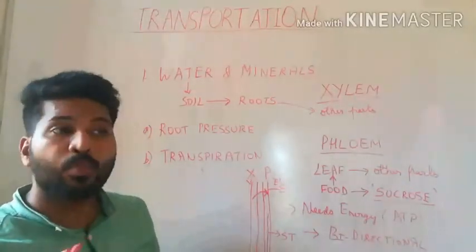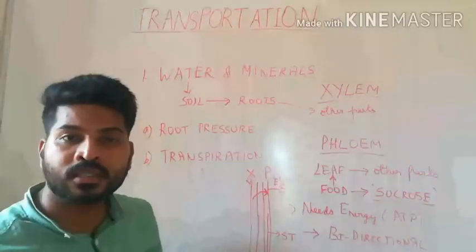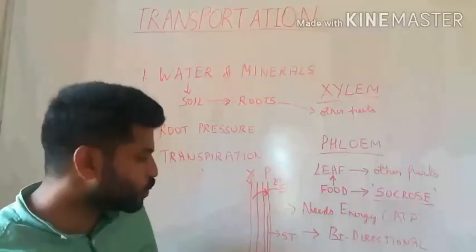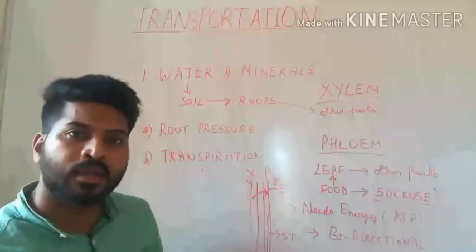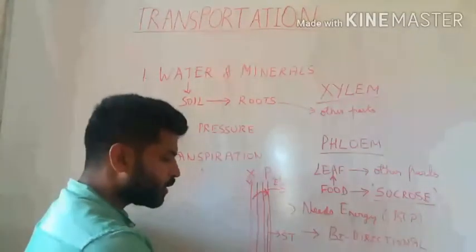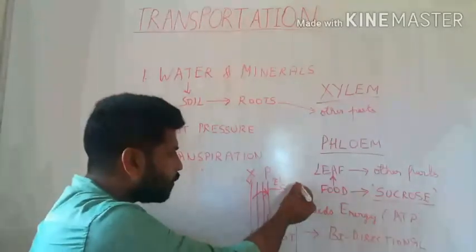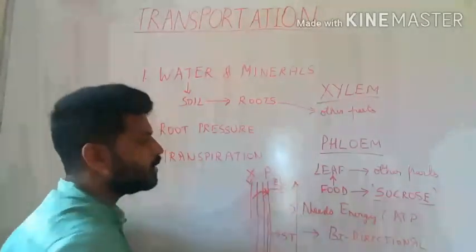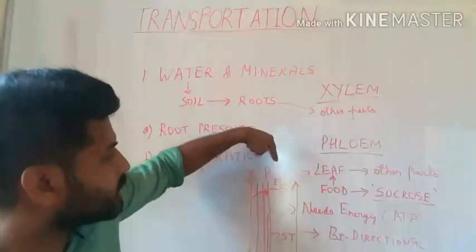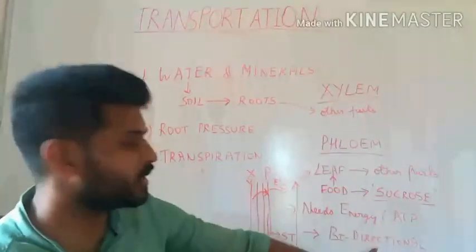For example, potato, sweet potato, carrot, radish. These are all organs that store the food. When food is required by other parts of the plant, this food needs to be transported from the root, maybe back to the leaf or other parts. Therefore, food is transported both in the lower direction and also in the upper direction,